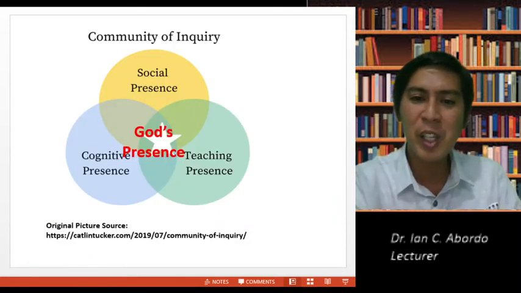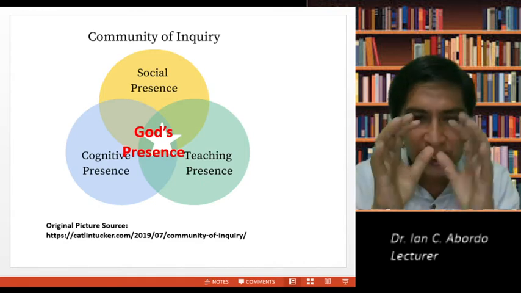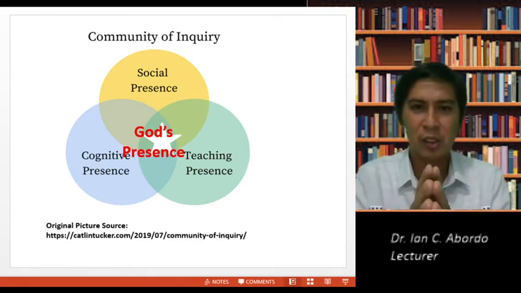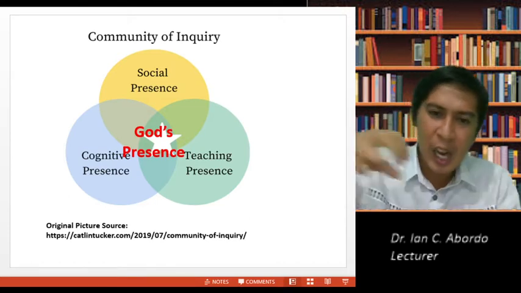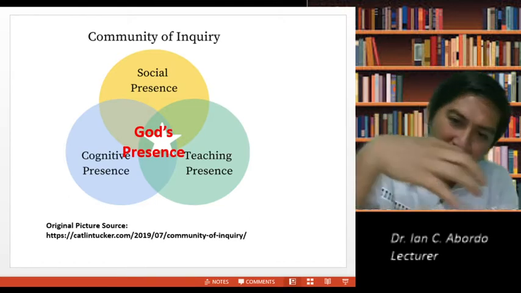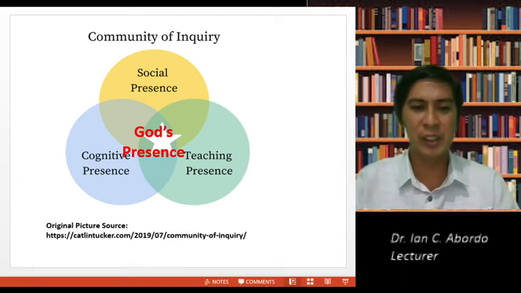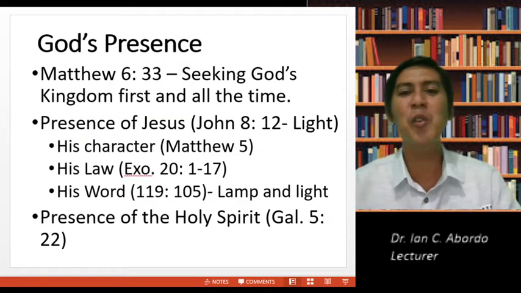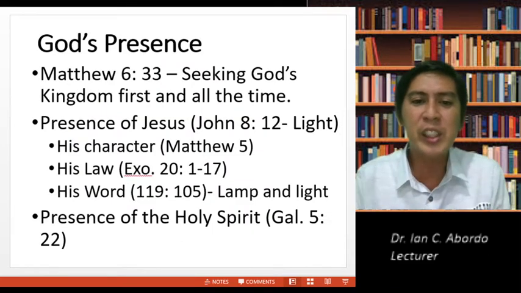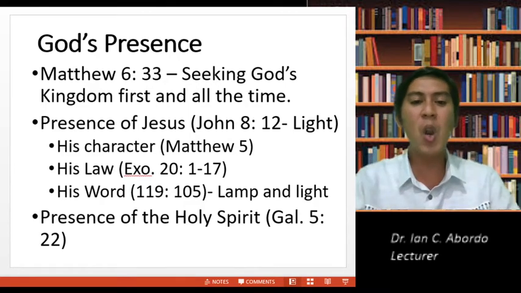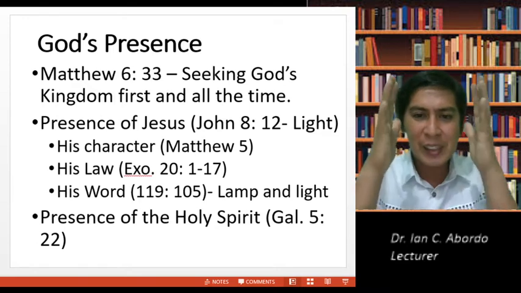So in the community of inquiry, my take is that at the center of all these modules is God's presence, that drives content, that directs content, the design, the social presence. God's presence would mean seeking God's kingdom first and all the time: the presence of Jesus, the character of Jesus, the law, His word, the lamp and light. These are to be the center.